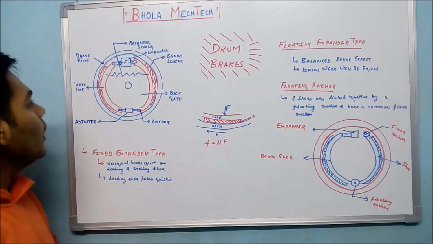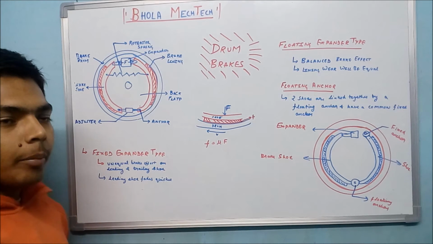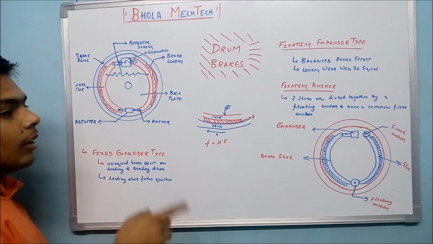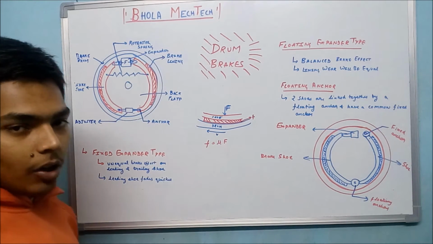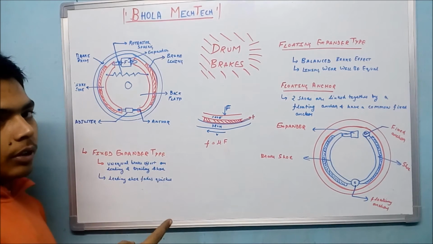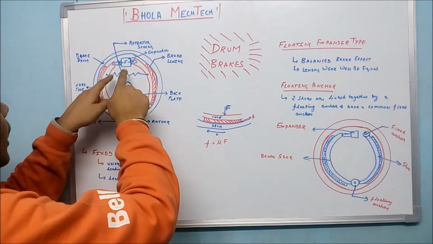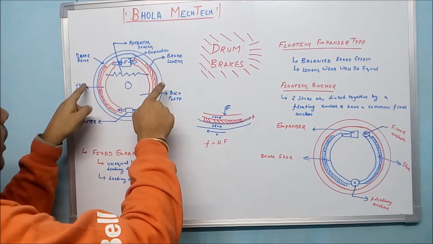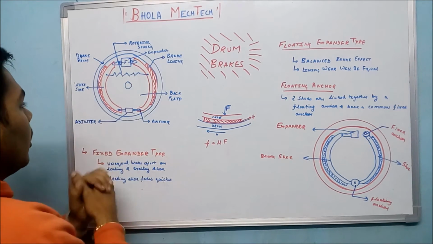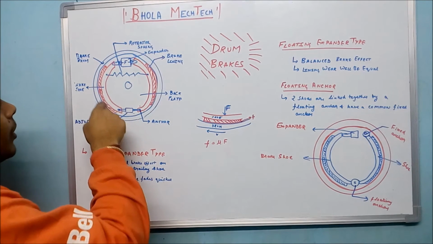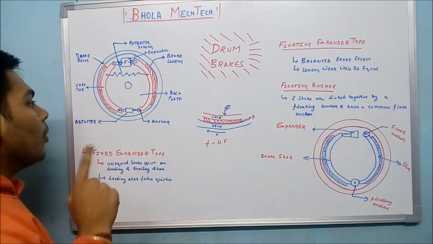Now we will talk about the functioning of the drum brake. When force is applied on the pedal, mechanical links will travel that force towards the expander. If it is a hydraulic expander, then that mechanical force will be converted to hydraulic force by some piston arrangement, and then the force will actuate these brake shoes towards the brake drum. When the brake shoes are actuated towards the brake drum, the brake lining will come in contact with the brake drum. Since brake linings have a very high dynamic coefficient of friction,